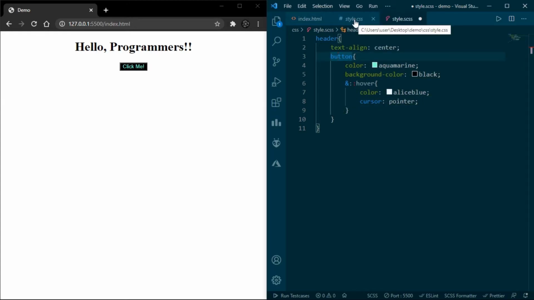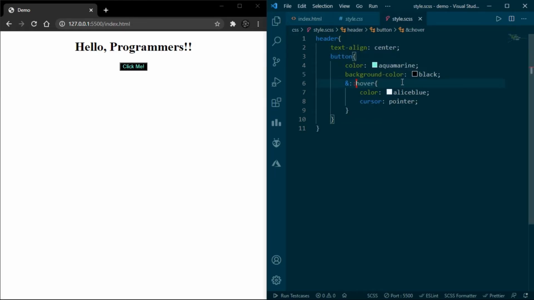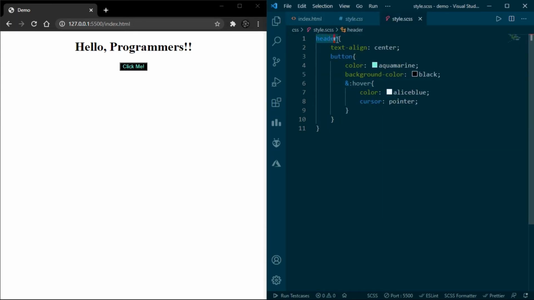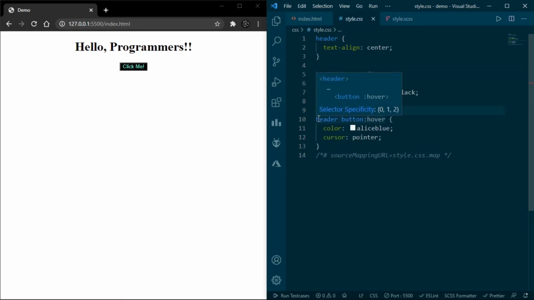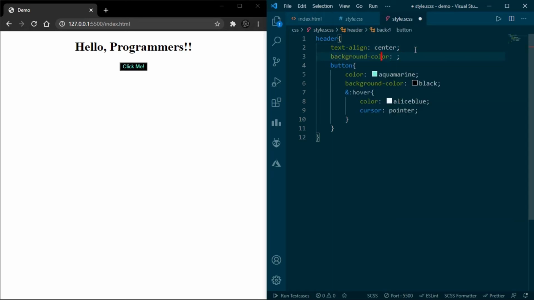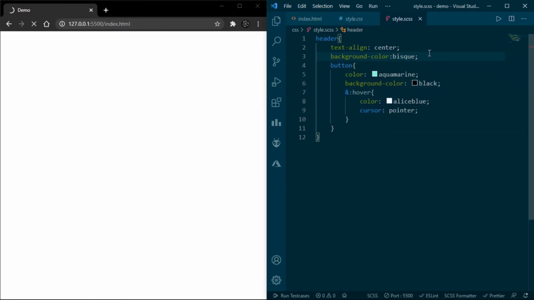So now we will save this and we will go here, and I will delete this, to see how the compiler has created for us these things. We have nested button inside header. So here the styling created for us looks like this, and the color is like this. But now if I want, suppose I set here background color to say this.